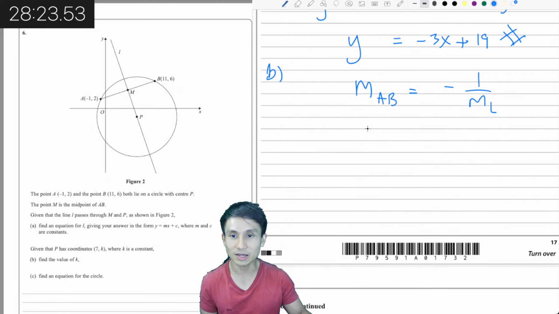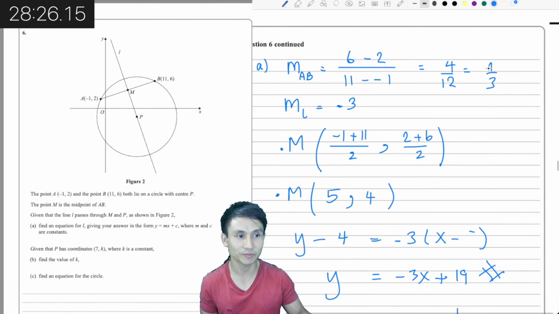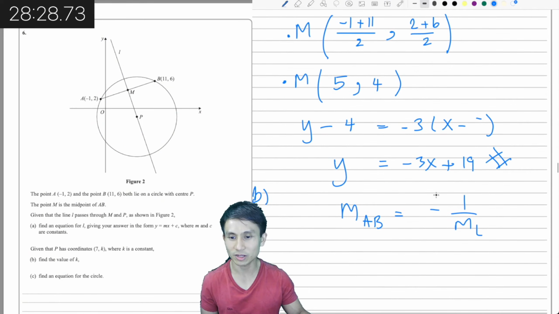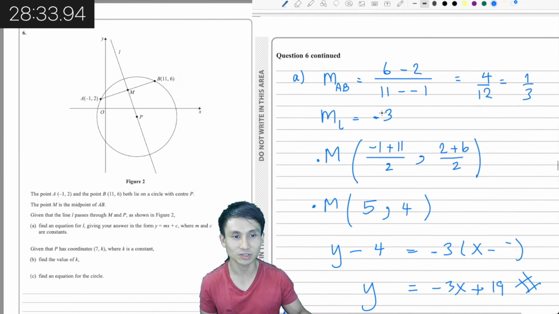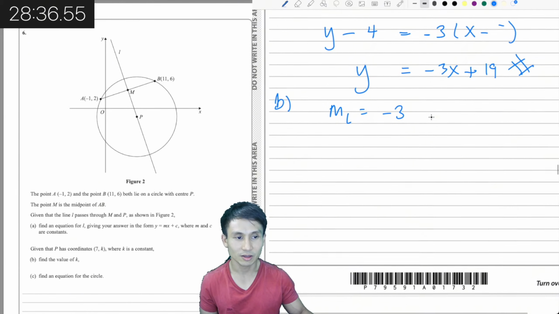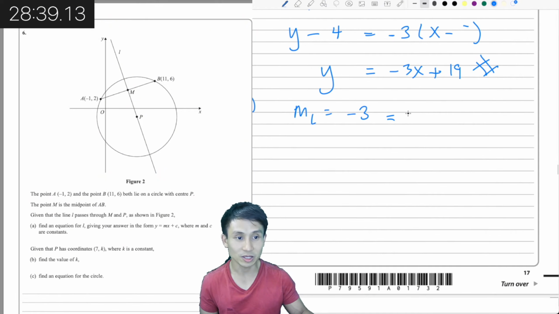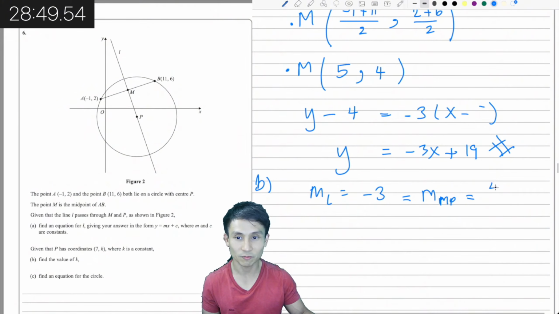But the MAB here is the same, right? So it was, or wait, we can still use ML. So ML was still the same, it's -3. So we can do delta y over delta x between M and P, the line that passes M and P. So this is delta y. So we're going to take point M. So 4 minus k. K here is the y coordinate of point P. So 4 minus k,